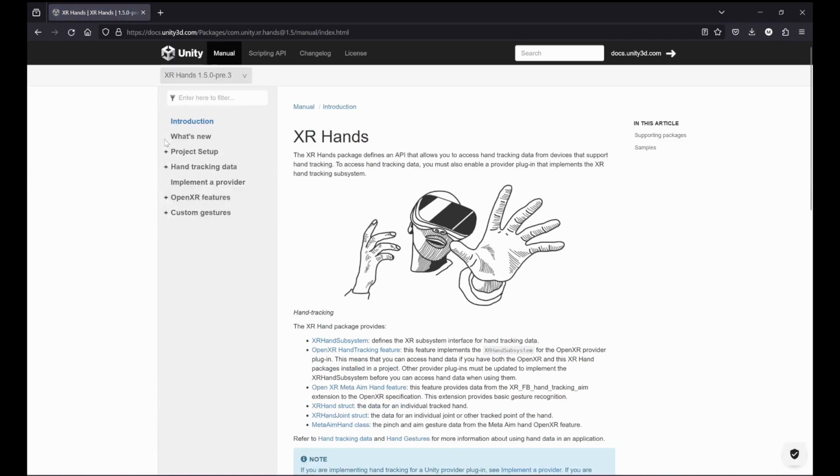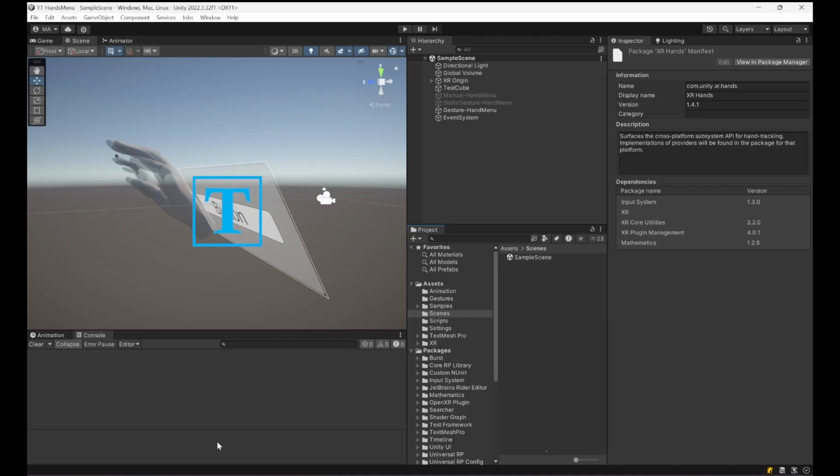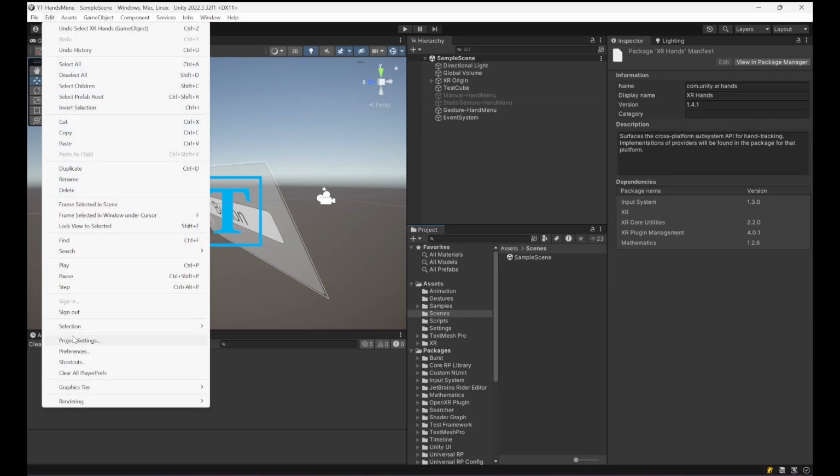The latest version is XR hands 1.5.0, and XR hands is usually designed to give you a platform agnostic approach for hand tracking, relying on the OpenXR setup in Unity. And what you're gonna do first, if you wanna install the XR hands package, is going to edit, project settings,